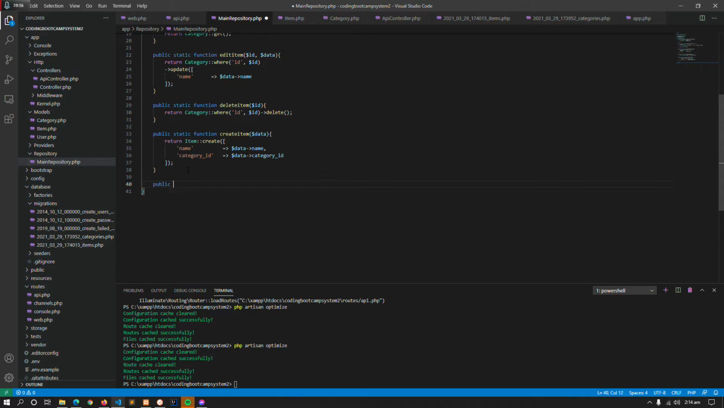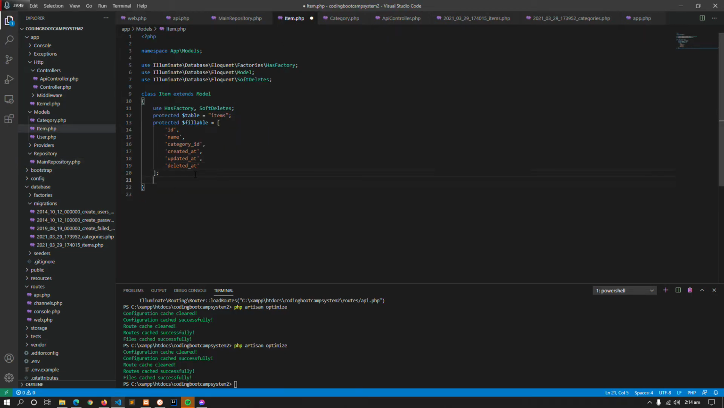So, public static function. Here I will teach you belongs to, has many, has one, and so on. So, let's return first the item with categories, and then get. This with and categories, inside the item model, is where we will define it. So, public function categories, return this